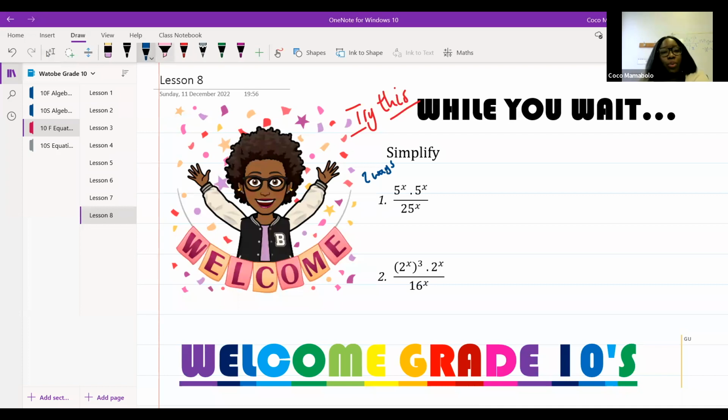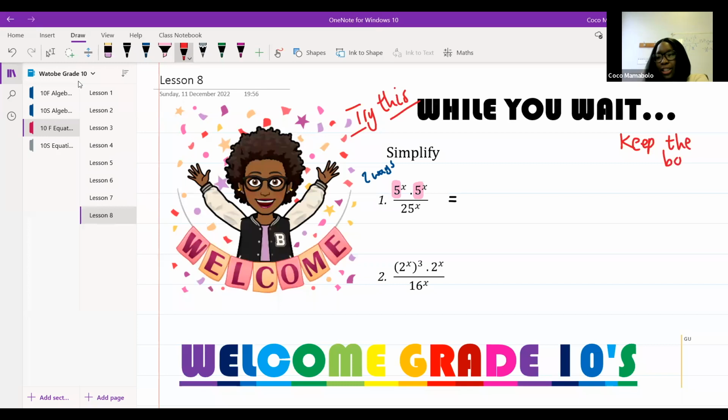Solve for the first one. Okay, I can see in my numerator over here, I've got two bases, and these two bases look the same. And as soon as I have like bases being multiplied, I'm always going to do two things. The first one is I'm going to keep the base. Guys,